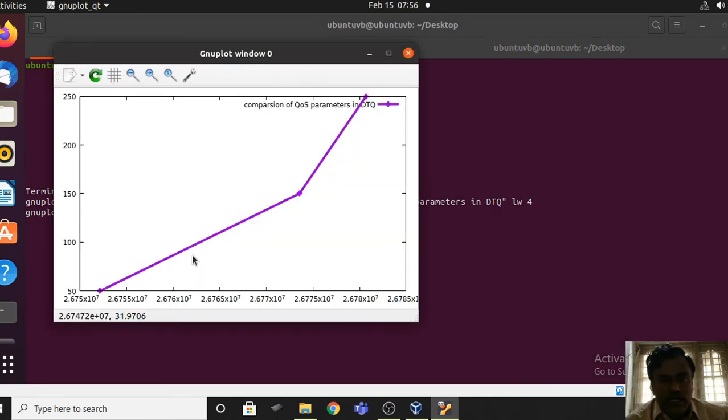So this is the graph for that. Throughput versus, seventh column is what? Queue size. So in a similar fashion, if you want to plot the graph with respect to other parameters, you can plot. I think you have understood.